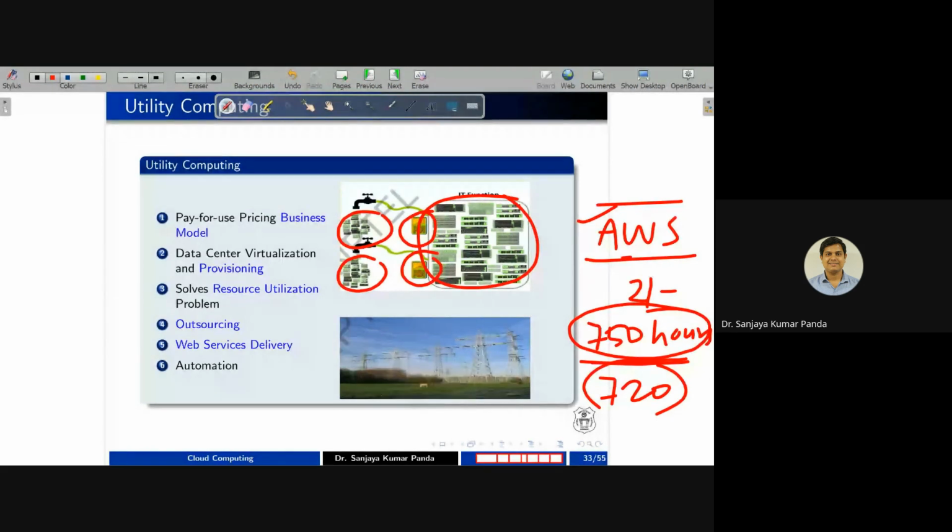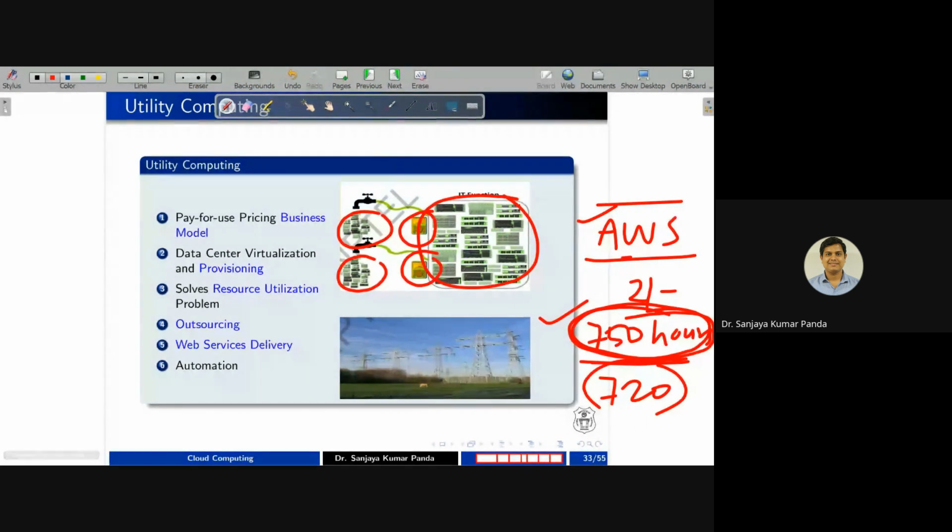Because if you buy computational resources or a virtual machine and keep it active for the whole month, you are not going to pay. But at the same time, you can launch multiple virtual machines also. Suppose you need a virtual machine for doing your research work. You need a virtual machine for collaborative work. In that case, if you are using two virtual machines for 2 hours, it is considered as 4 hours. So at max you can go for 750 hours. Once you exceed the 750 hours of computation, they will directly charge from your debit card or credit card account. So you have to ensure that you are not exceeding the free quota.